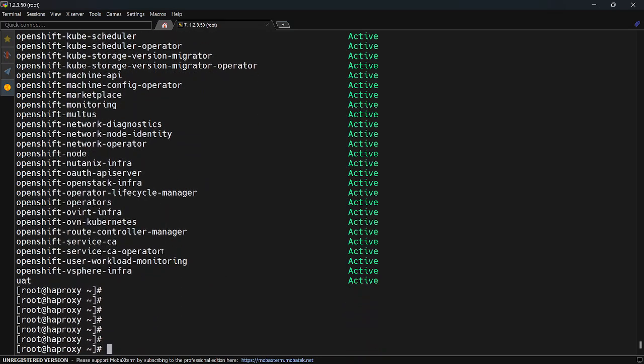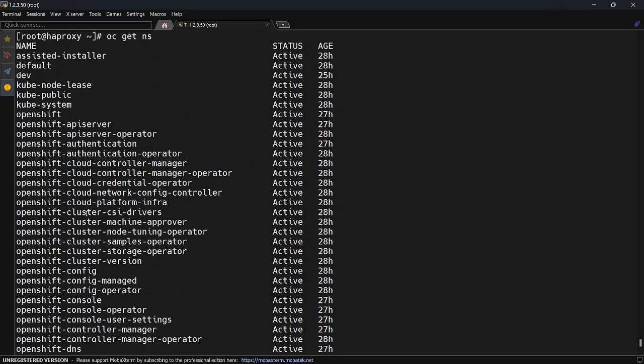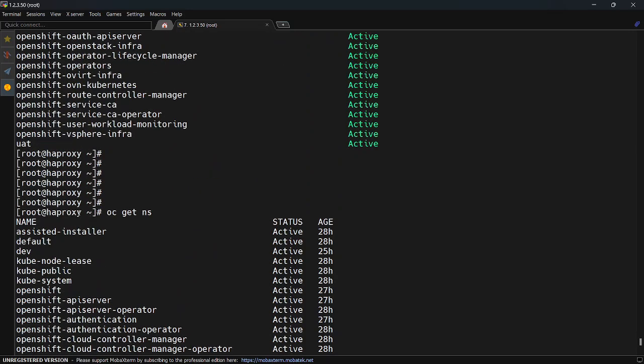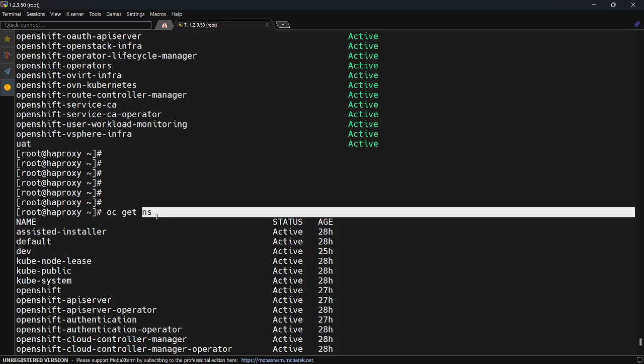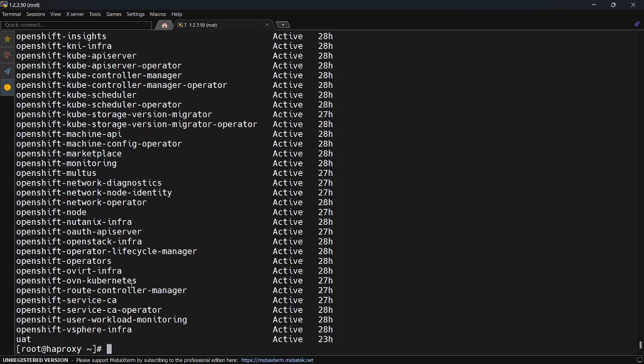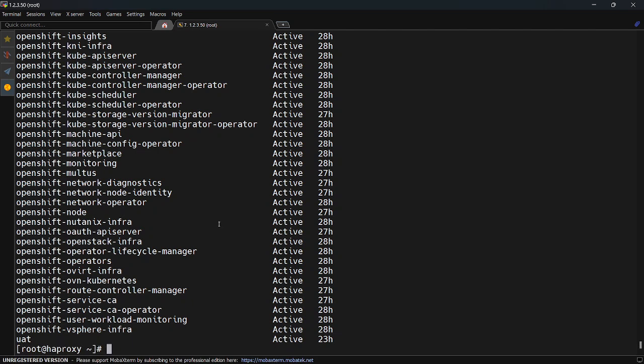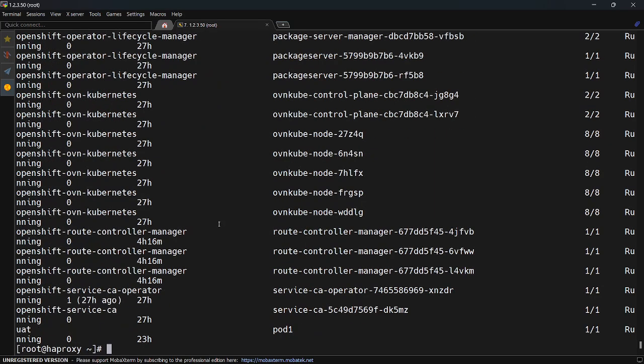Actually, in OpenShift you can also type oc get namespace. These are the namespaces. Red Hat OpenShift uses the name project for the namespace, but you can still use namespace. Either you use project or namespace, both are the same. Now I just want to show you that I am able to communicate with my cluster. My cluster is up and running, and if I run the command oc get pods for all the namespaces,